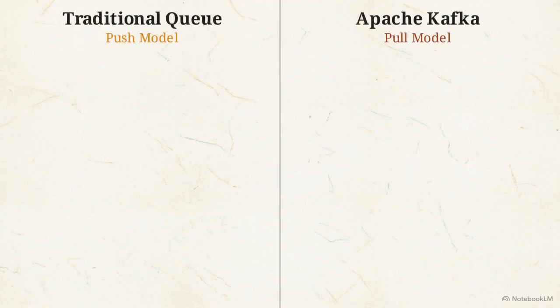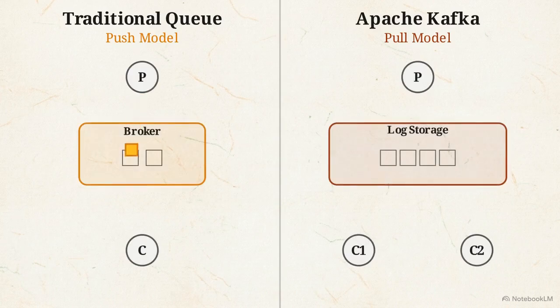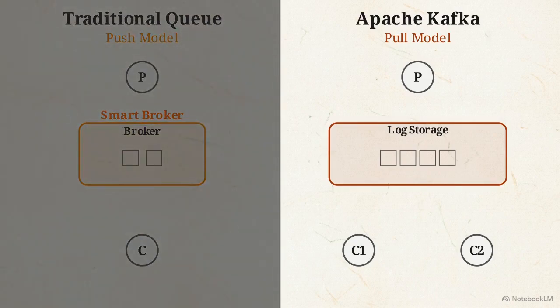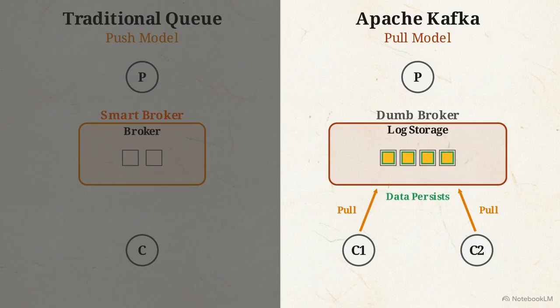Traditional queues operate on a push model. The active broker in the middle constantly forces messages out to the consumer application. This creates a smart broker that keeps a meticulous record of every single message, ensuring perfect delivery. Kafka takes the exact opposite approach, relying on a pull model. The central storage node simply sits there, while multiple consumer applications actively reach in to grab the data. This dumb broker holds data and waits. Smart consumers fetch information at their individual speed.